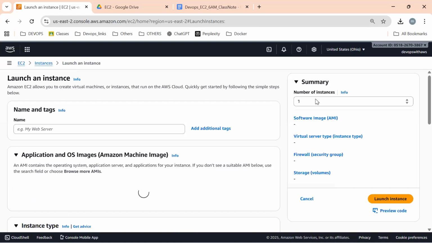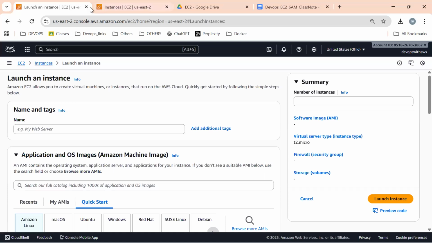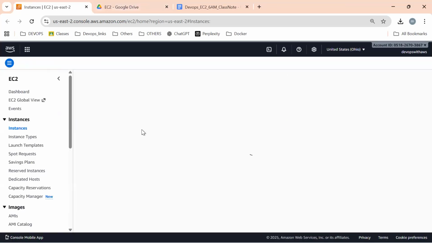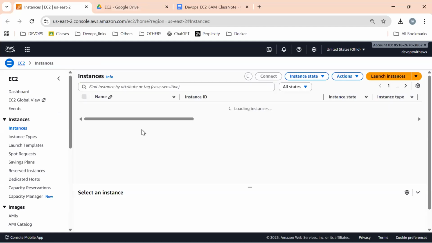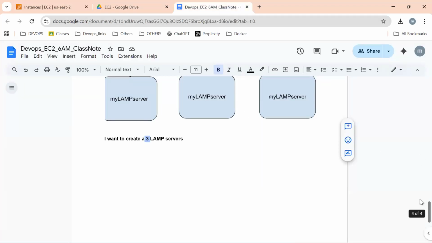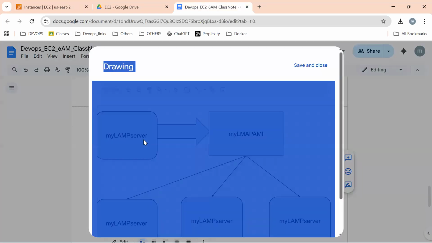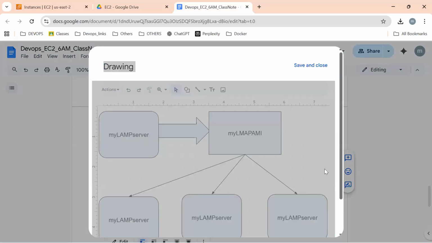How many do you want? Three is enough for today. Guys, please, before that, do you want the original server or not required? Not required, am I right? So there is no dependency. After successfully creating the AMI, if we lose the original server, there is no issue, no problem.